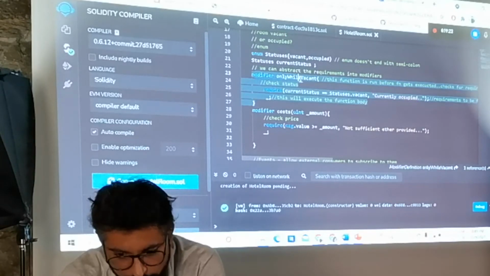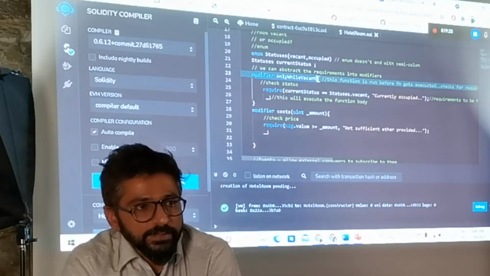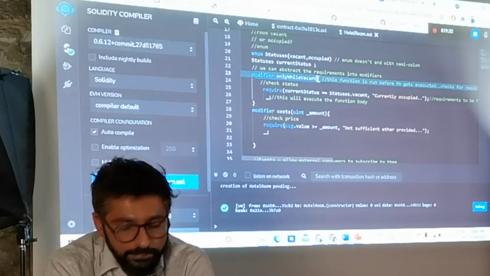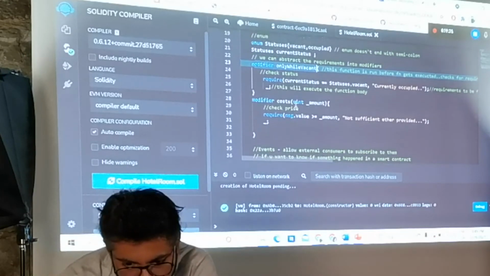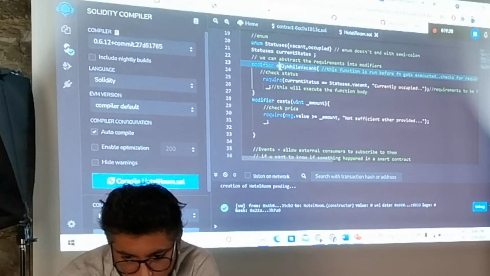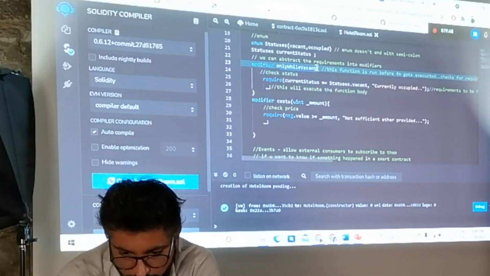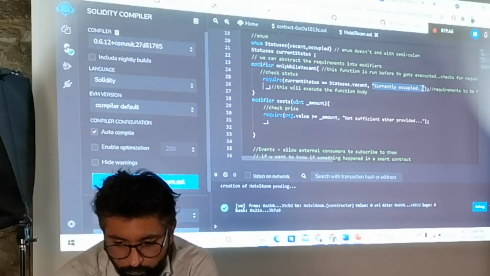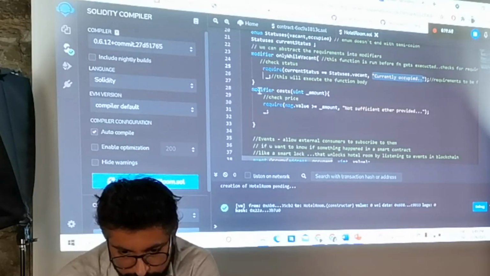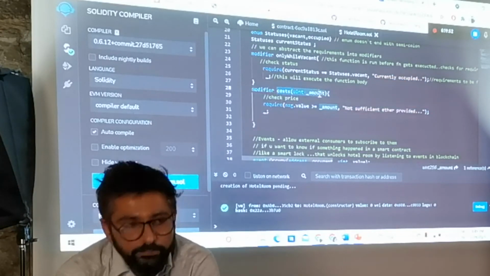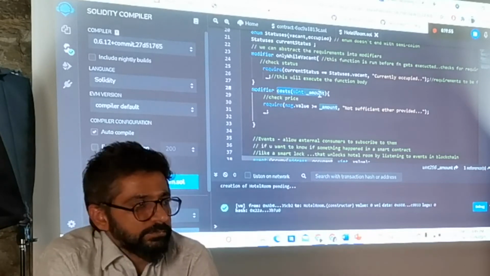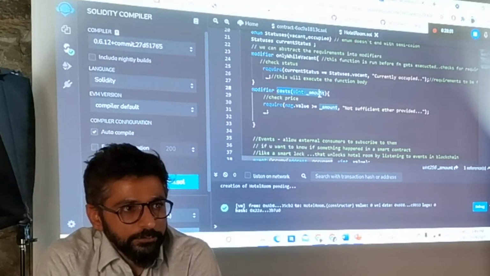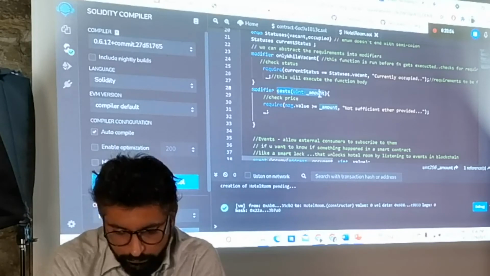And there are some modifiers in Solidity, which are conditions. Only when this condition is satisfied will the function execute. We have defined two modifiers. One is that we will book only if the room is vacant. If the current status is vacant, only then we will book. Otherwise, it will show that it is currently occupied. We have also defined one condition as cost. If the room cost is, say, 3 ether or 4 ether, then it will book the room only if the person who is booking is paying at least the amount of the room.